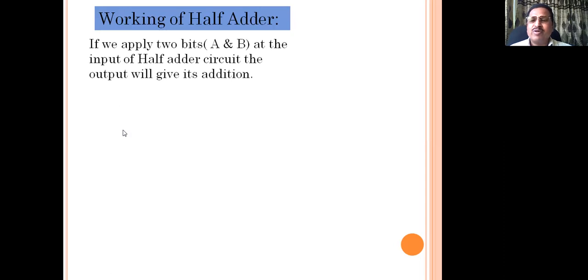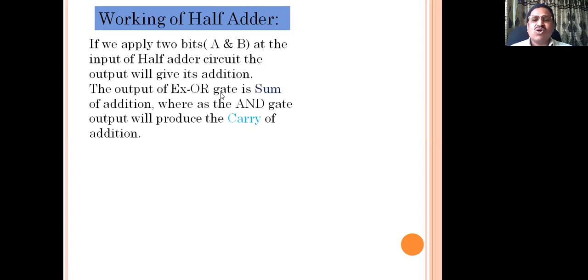The AND gate has 2 inputs A and B, whose output can be 1 only when both inputs are 1, 1. Whereas the XOR gate having 2 inputs A and B has an output that can be 1 only when either of the inputs is 1, not both. So by that logic, if A and B are the input, the half adder circuit will give the output as the addition of the 2 bits A and B. The XOR gate's output is the sum, as I discussed, whereas the AND gate output is taken as the carry in the addition of 2 binary bits.